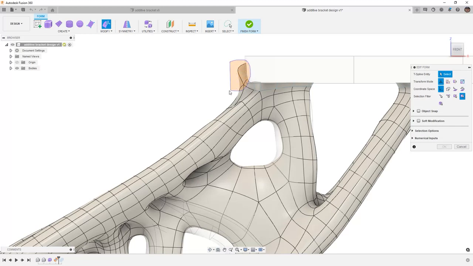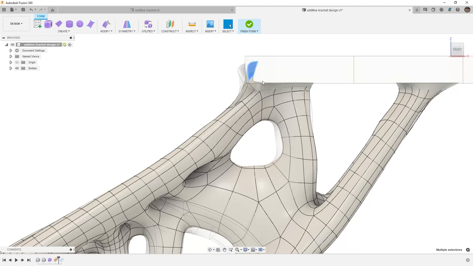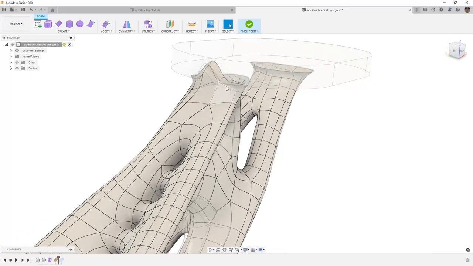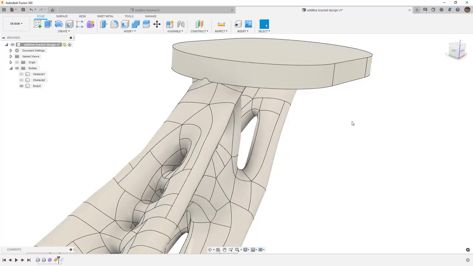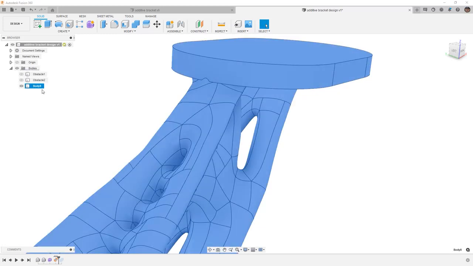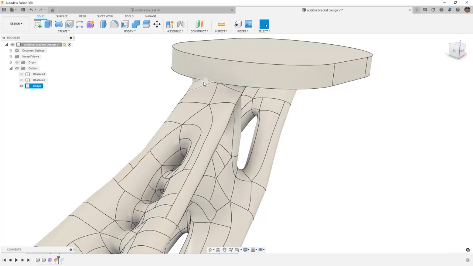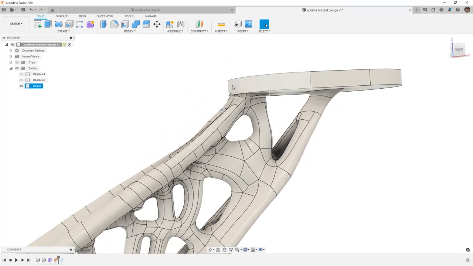So I'm going to go ahead and select a few and I want to move them inward. And as long as I make sure that these are still overlapping our geometry and not creating like a bad pinch, then the boundary fill should still work fine. From here, I'm going to finish the form, which will convert this back to a surface body or a B-rep. And assuming that I did everything correctly, it should still turn it into a solid body. So you can see that face could move just a little bit more, but that's much better than having that